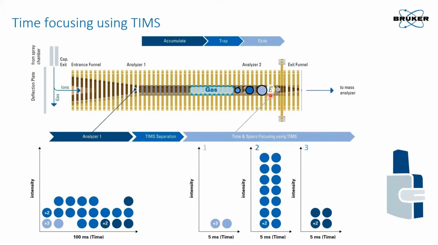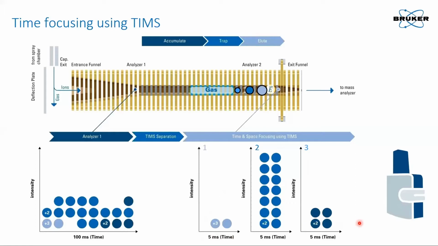Now, these are trapped by an electric field, which we can control and decrease. And as we decrease them, these ions are selectively eluted based on their mobility values. Now, this is something that we call time focusing, as we pre-concentrate these ions within the analyzer, and we then selectively elute them based on their mobility. So we end up with these tight packets of ions, which are around 5 milliseconds for each of the ions